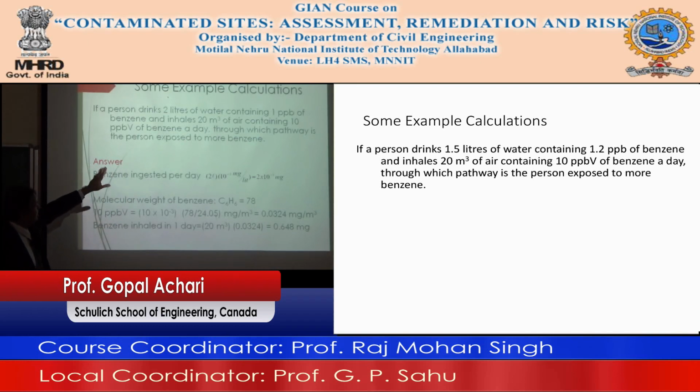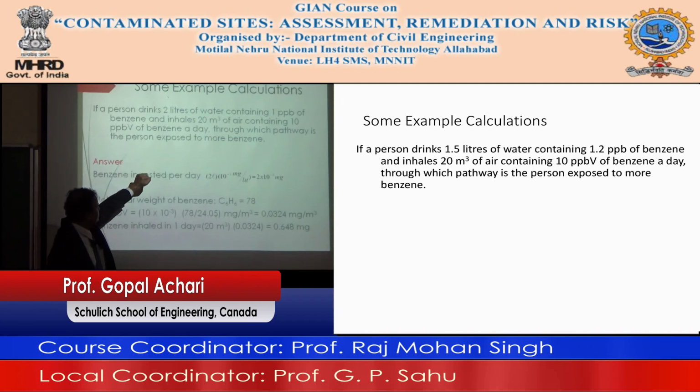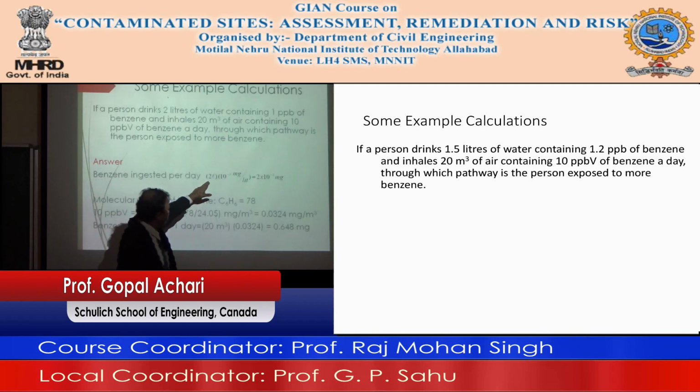2 liters of water containing 1 ppb of benzene. What is 1 ppb? Part per billion, which is 1000 millionth, right? And a person inhales 20 meter cube of air that contains 10 ppb benzene. Through which pathway is the person exposed to more benzene? Benzene ingested per day: 2 liters times 10 to the power minus 3, which is 2 times 10 to the power minus 3